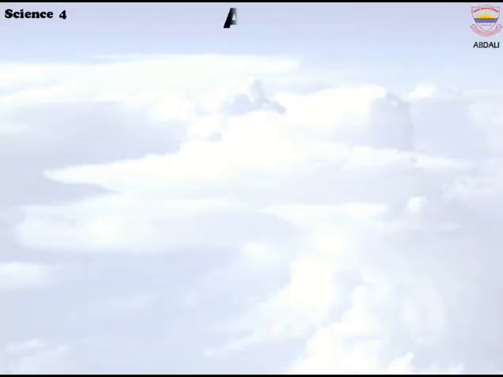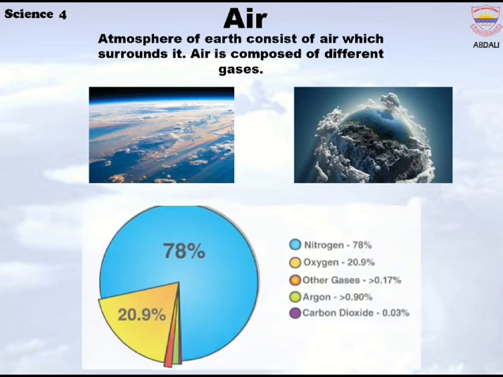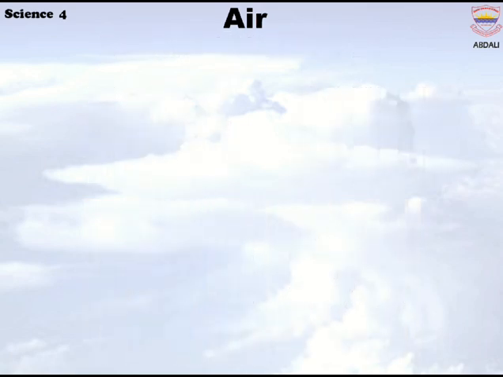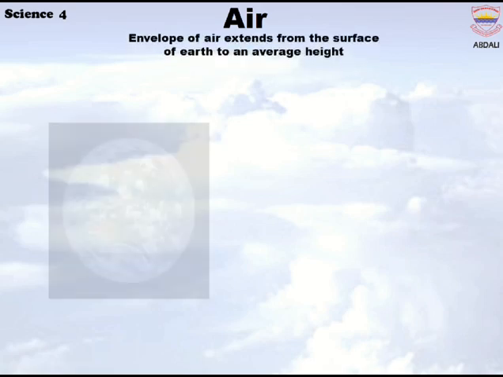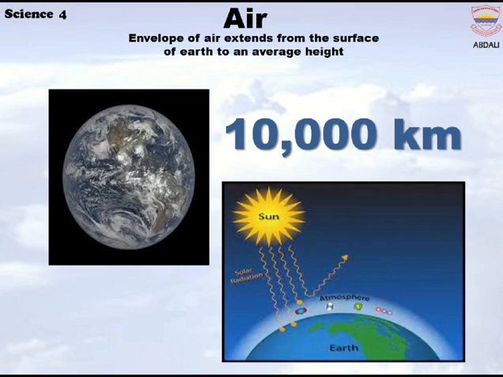The atmosphere of Earth consists of air, which surrounds it. Air is composed of different gases: nitrogen 78%, oxygen 20%, argon 0.9%, carbon dioxide 0.3%. Let's learn about air. The envelope of air extends from the surface of Earth to an average height of 10,000